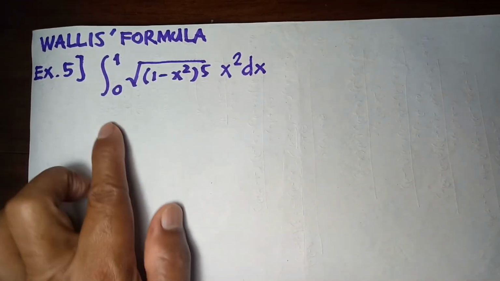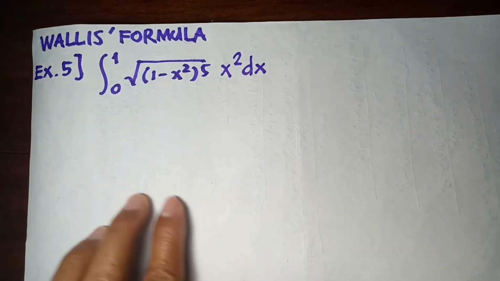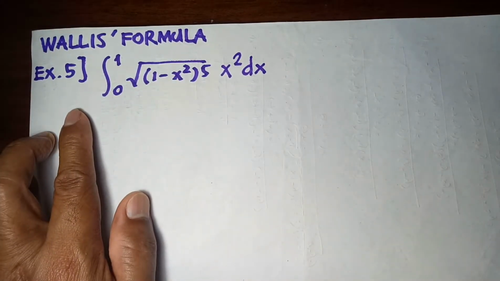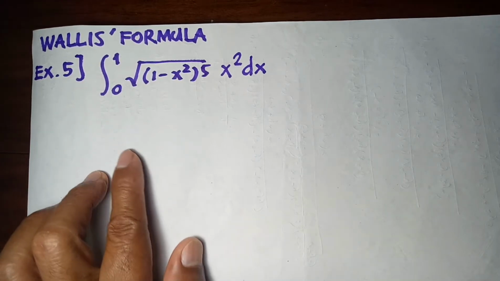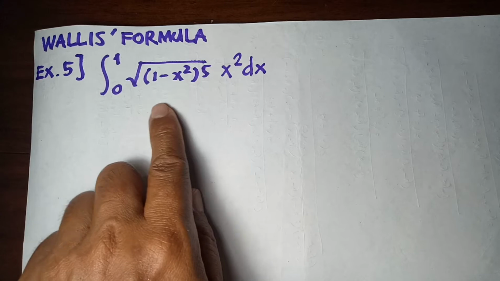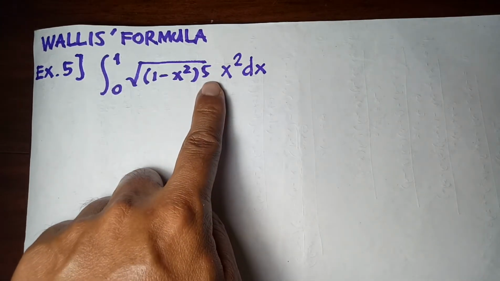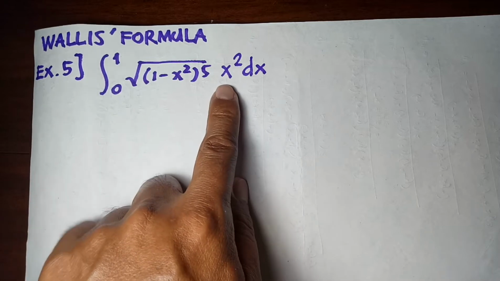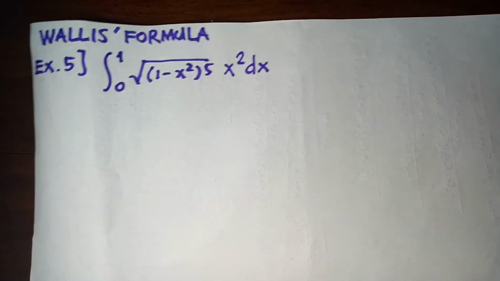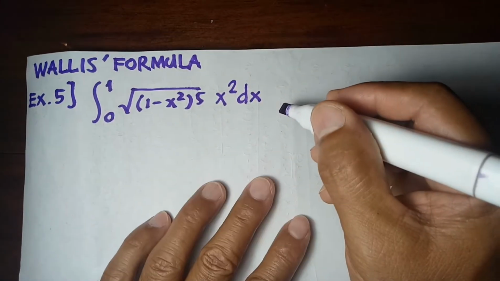Let us continue our discussion about Wallis formula. So, ito na yung ating huling example sa topic na ito. Our problem, integral from 0 to 1 of square root of 1 minus x squared raised to 5 times x squared dx. So, this problem is also equal to